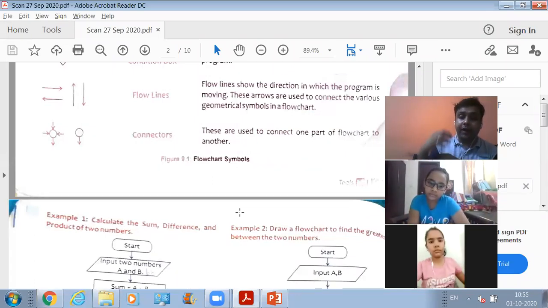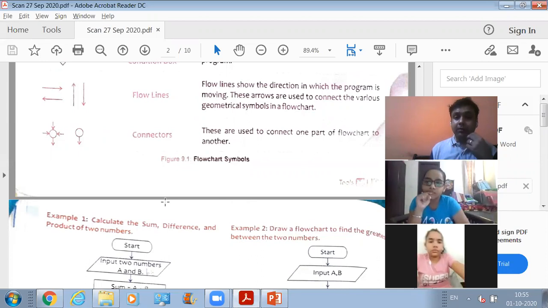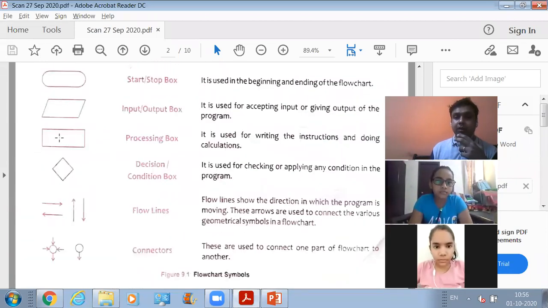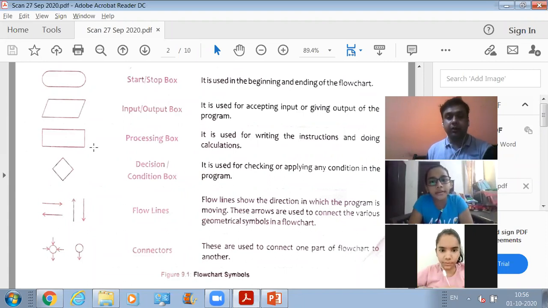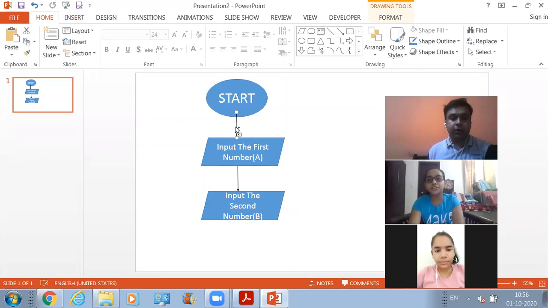For defining a step in which we are writing a formula, what is the box that we require? The name of this is the processing box. Absolutely right. So we require a processing box. First of all, let's copy this direction sign.